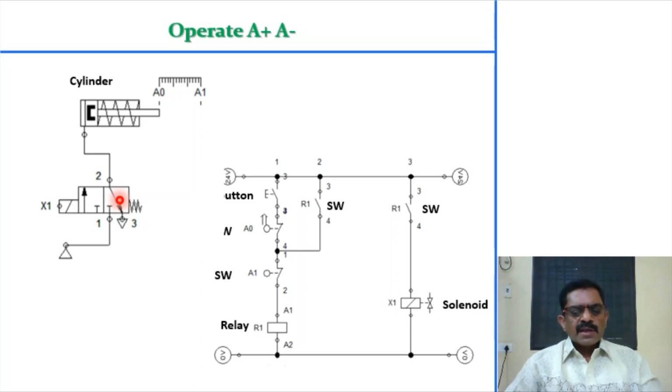There my operation completes. And if I want my A plus A minus continuously to happen, I can replace this switch with a detent switch. So that will keep the position till it gets another signal or another operation, or if you operate it. So till you operate it, there will be continuous operation of A plus and A minus.